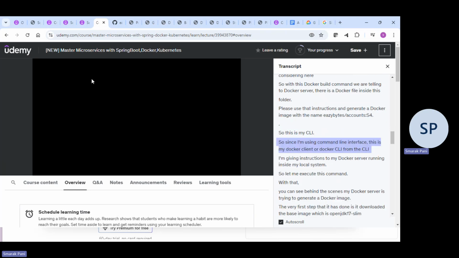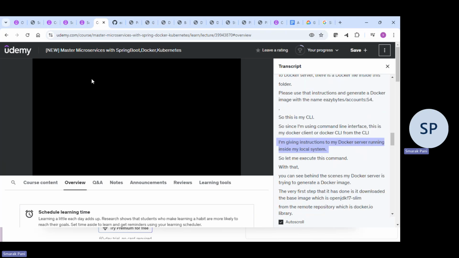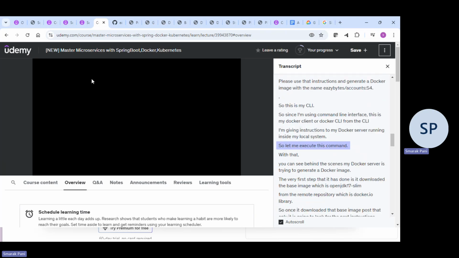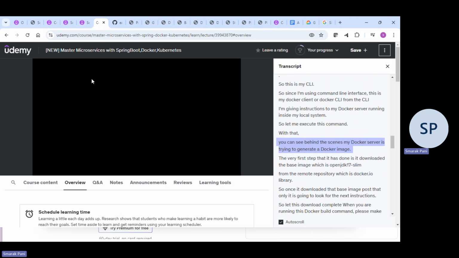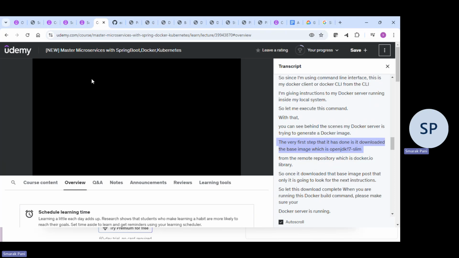So this is my CLI. Since I'm using the command line interface, this is my Docker client or Docker CLI. From the CLI, I'm giving instructions to my Docker server running inside my local system. So let me execute this command. With that, you can see that behind the scenes my Docker server is trying to generate a Docker image. The very first step it has done is download the base image, which is OpenJDK 17-jdk-slim,